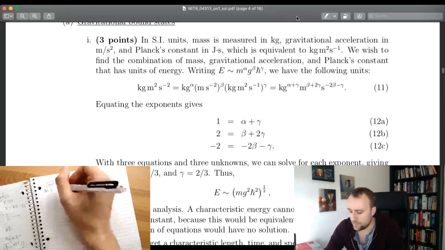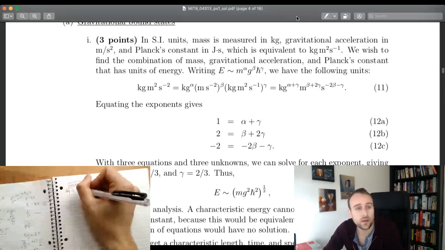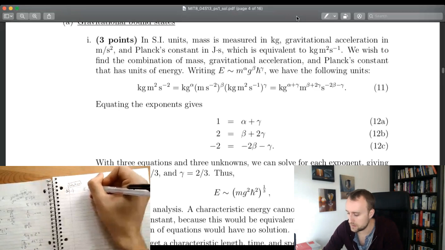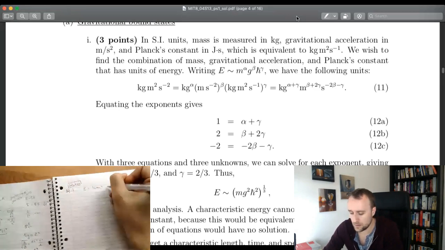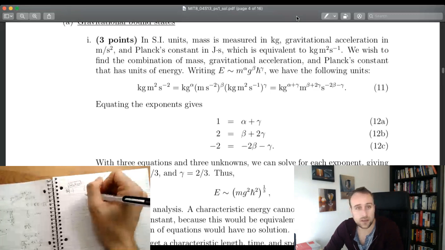So we have, kilograms. So we have E is equal to 1/2 mv squared plus mgx. And then the energy we're writing as